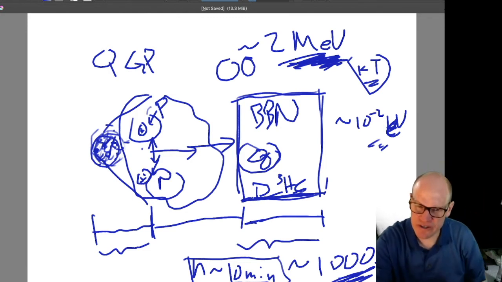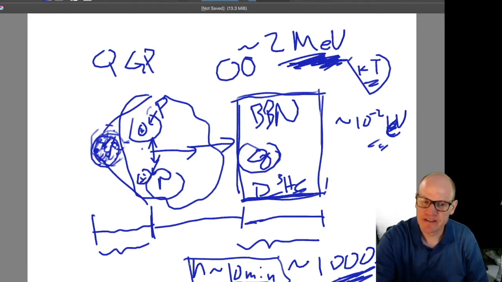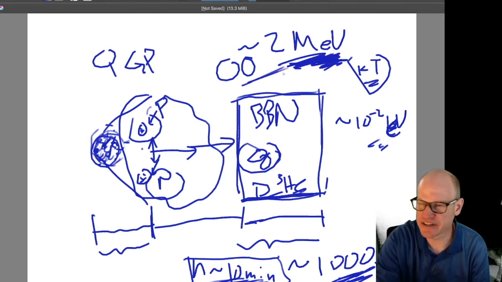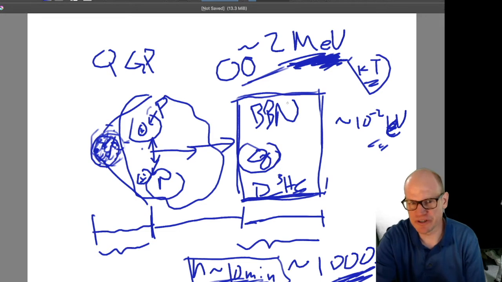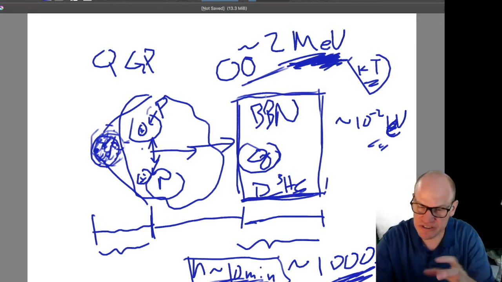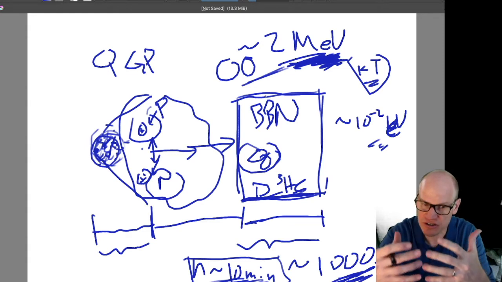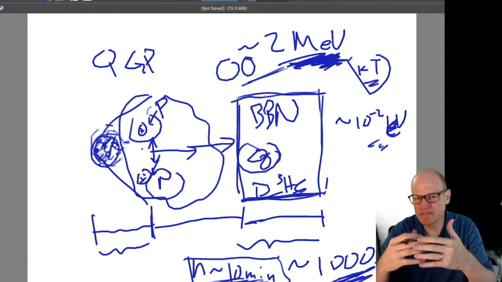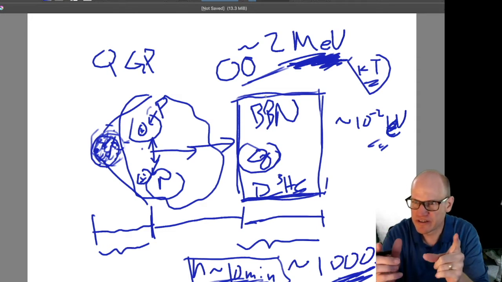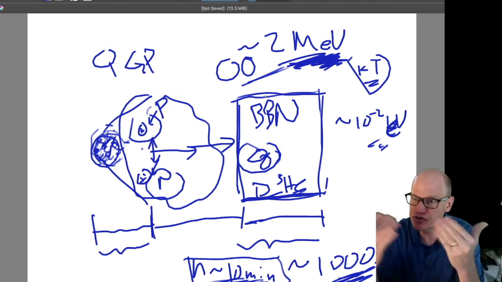The other thing that's going on here is that the density has to be high enough to allow these collisions to take place. The temperature has to be low enough so that successive collisions are less than the binding energy of the deuteron. Otherwise, it will break the deuterons apart. So you have to wait until the universe has cooled sufficiently to allow this to start. However, as the universe is spreading apart and cooling, the other effect is coming into play. So these are two competing effects.